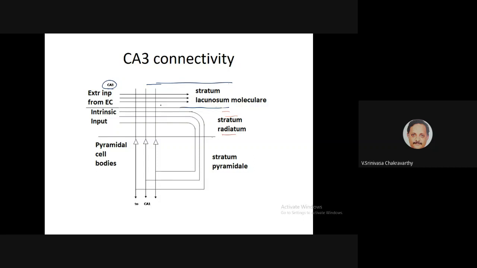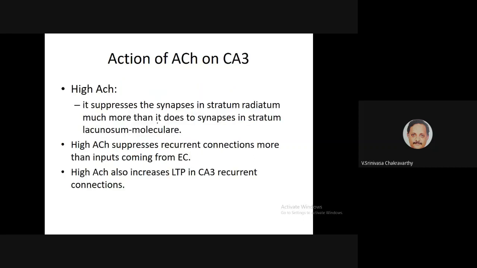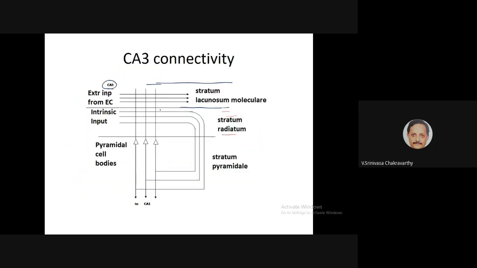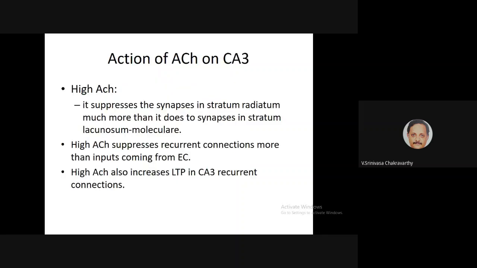These two sets of synapses are anatomically segregated within the layers of CA3. ACH seems to have different effects on different parts, which must be possible because of the kind of receptors you have, but I'm not aware of all the molecular biology details here. Anatomically there is a segregation. So high ACH suppresses recurrent connections more than inputs coming from EC, and high ACH also increases LTP,